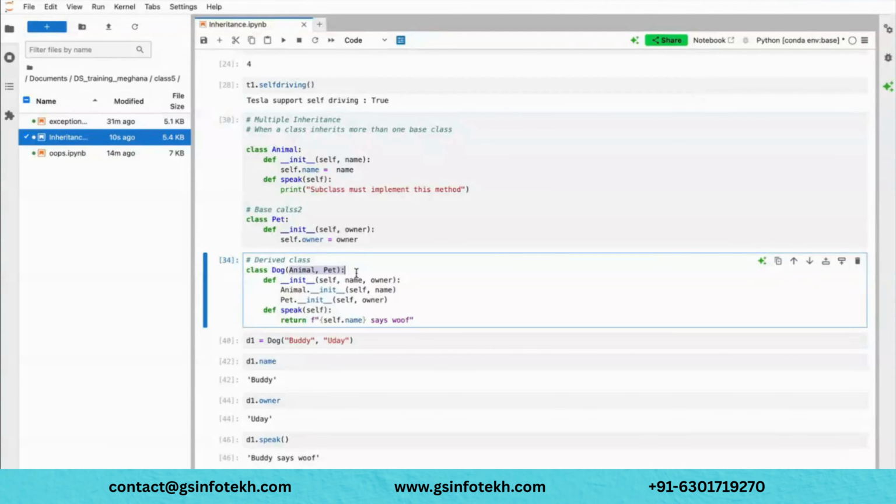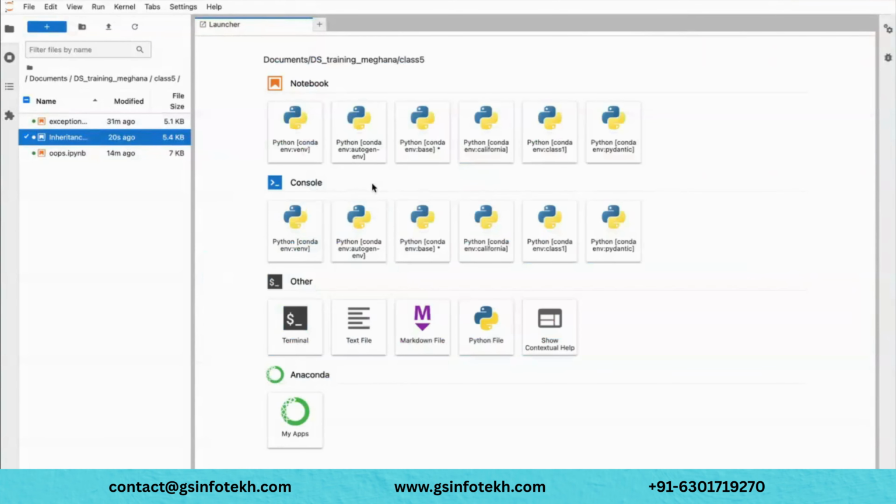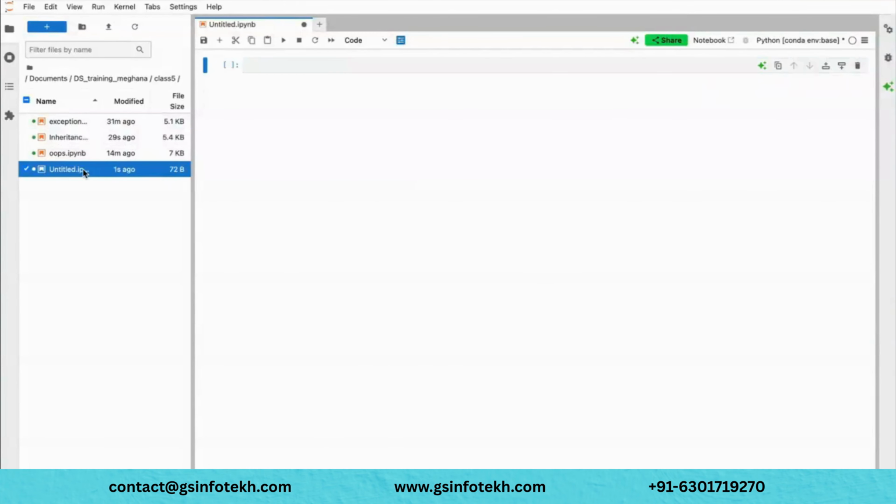Okay. That's about inheritance. Now let's see what exactly polymorphism is. Polymorphism is also one of the core concepts in object-oriented programming that allows objects of different classes to be treated as objects of a common superclass.